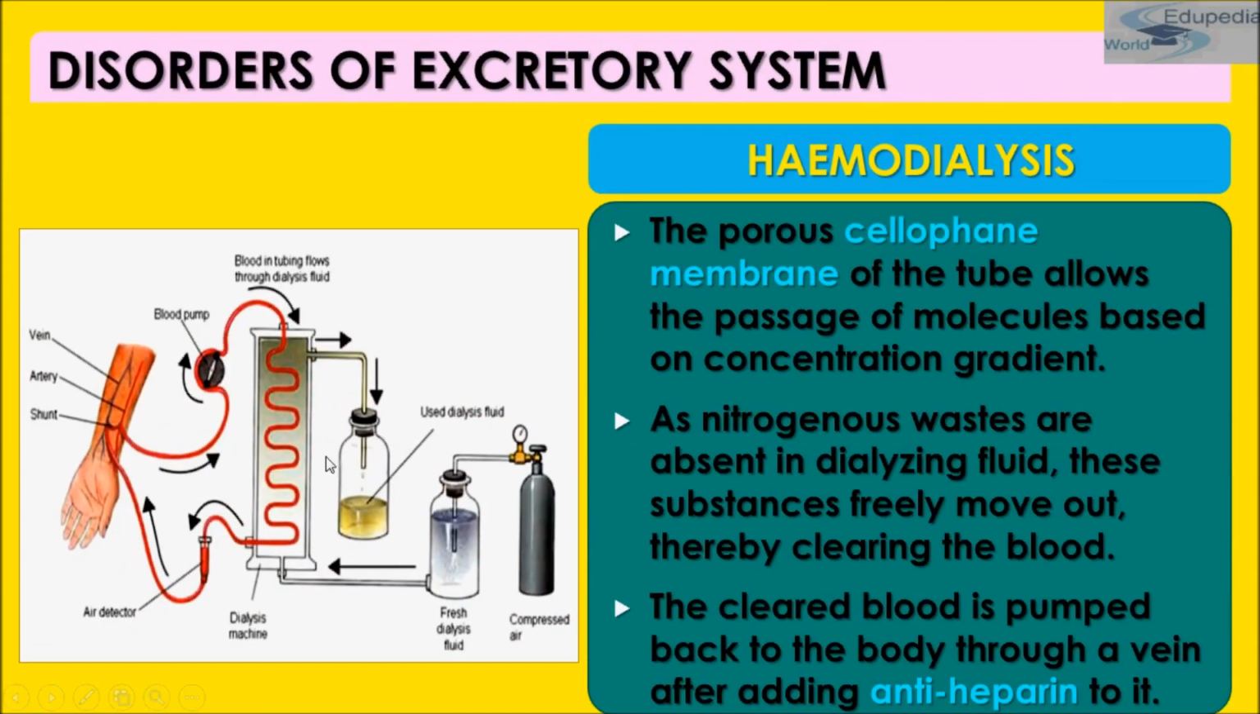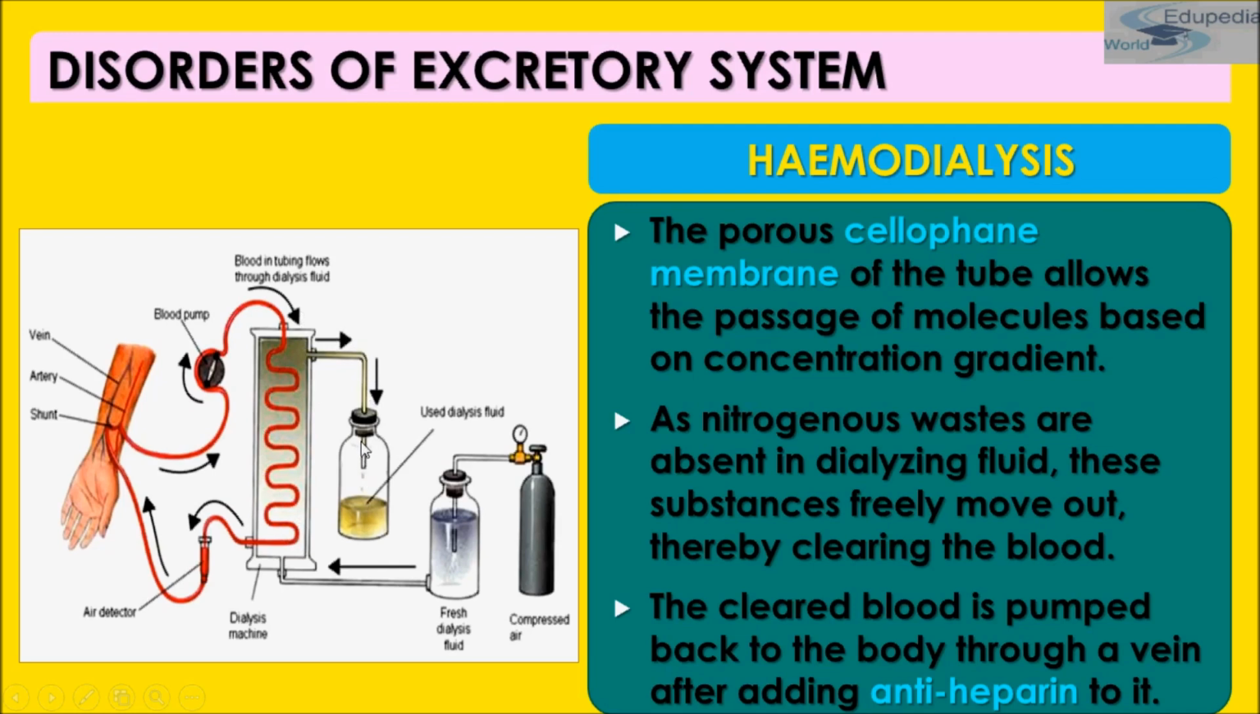See, this is what I have just taught you, how it goes. The blood is taken out from the artery of the patient. It has to go through the blood pump, and then the blood in the tubing flows through dialysis fluid. These are the channels, and this is the hemodialysis machine, and these are the channels or the tubes inside the hemodialysis machine, and it is filled with the hemodialysis fluid. Okay, and this is how